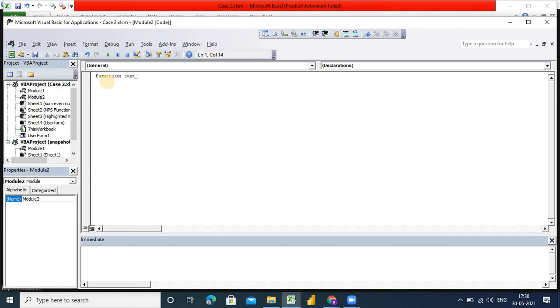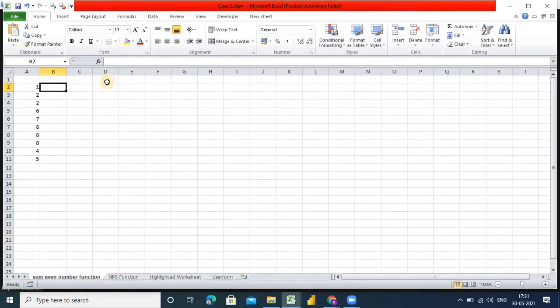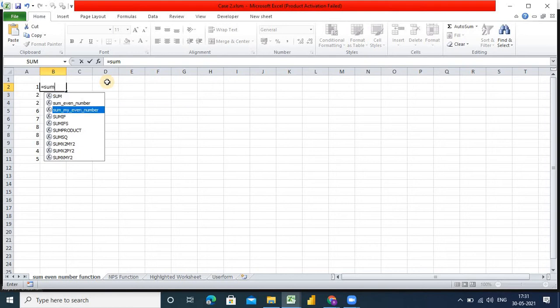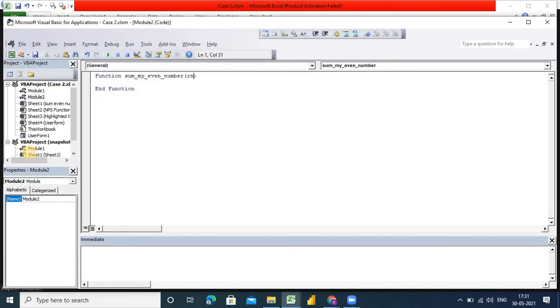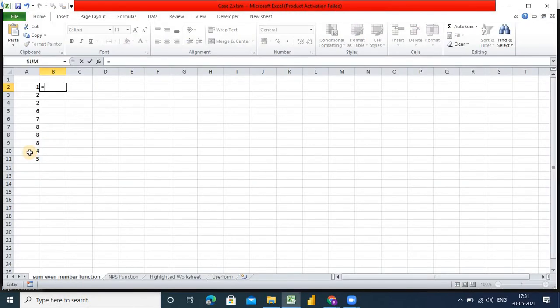So like SumMyEvenNumber. Once I have created this function, you can see SumMyEvenNumber, but now I need to select the range. So how can I do this? I can simply write here sum as Range. Now you can see I am able to select the range here.